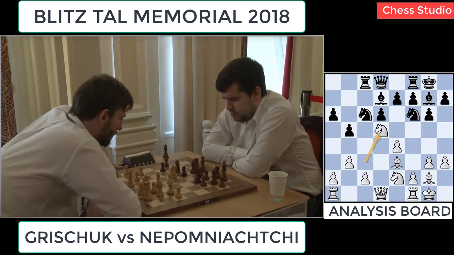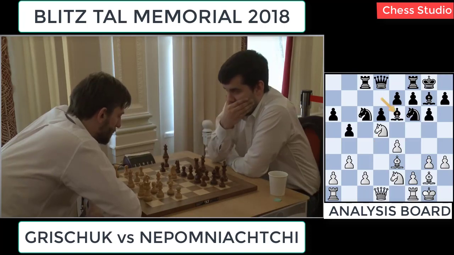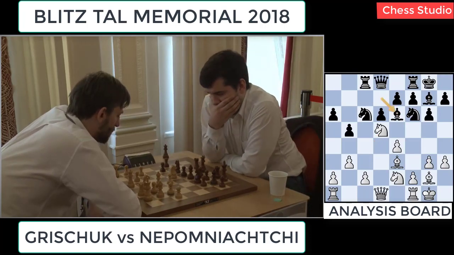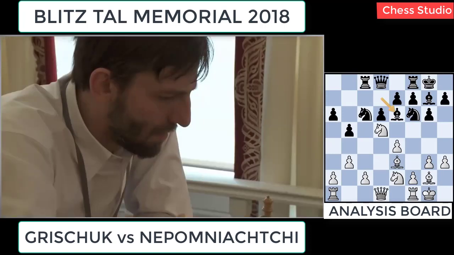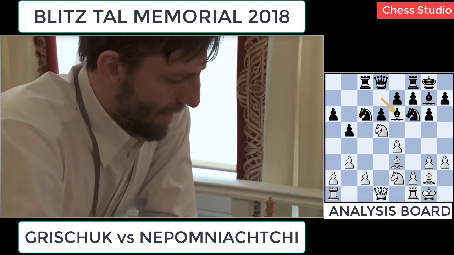Not exactly an exchange sacrifice. I thought it's because when black takes, white takes with the pawn, and on bishop takes a1, there is d takes c6, and then queen takes a1. Right, so what to do for black? I mean, usually this kind of setup against the dragon with g3, with bishop e2, is considered not really dangerous. But again, in a blitz game,